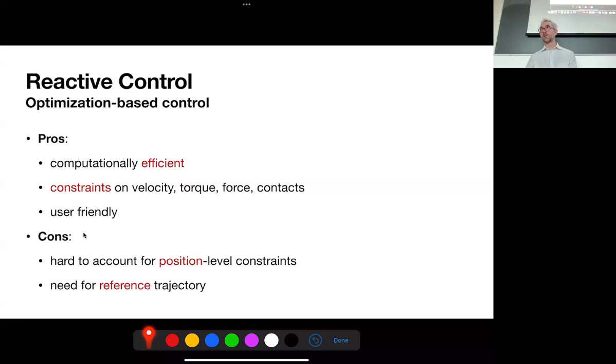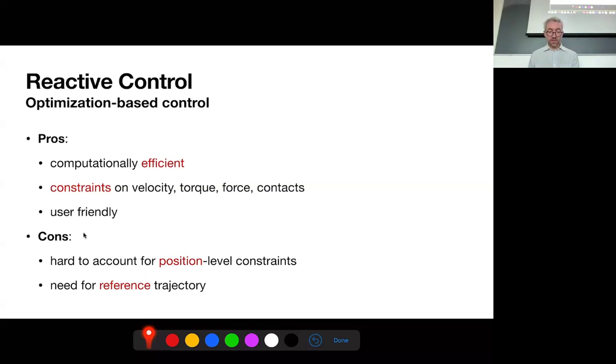So the main advantages of this kind of control techniques is that they're extremely computationally efficient, because a QP problem is a very easy kind of optimization problem. It's convex. It allows for a direct solution if you don't have inequality constraints. If you have inequality constraints, there are iterative algorithms that are extremely efficient at finding a solution. And so you can find solutions in like 1 millisecond or even less. So these are very easy to integrate inside very fast feedback control loops,